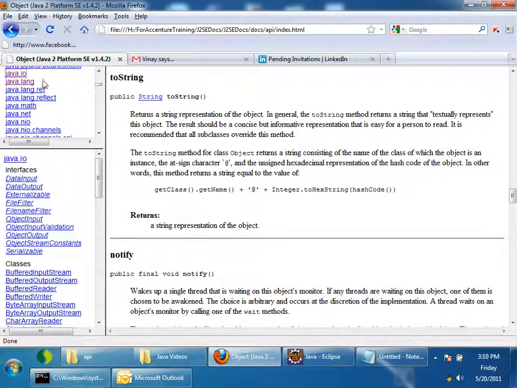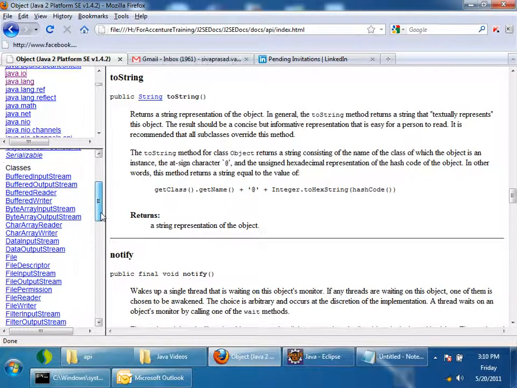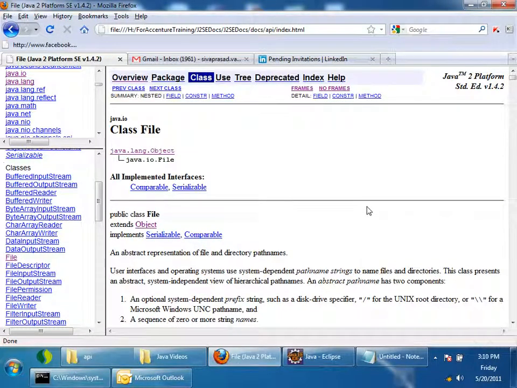There's a package called java.io. In that java.io, there is a class called File. See, in your hard drive, in C drive, there are a lot of files. There are existing physical files on the hard drive. If you want to do any operations on a physical file which is existing on your drive, you can create a logical object in your JVM. Whatever operations you want to do on that physical file, you can do on this object. JVM will make sure that the same operations are done on the physical object, right?